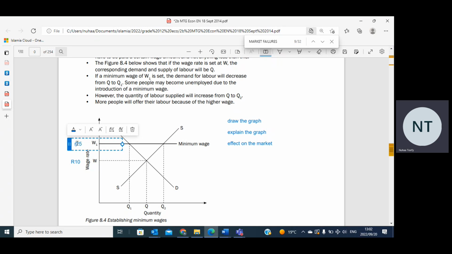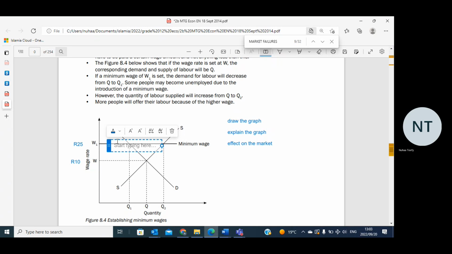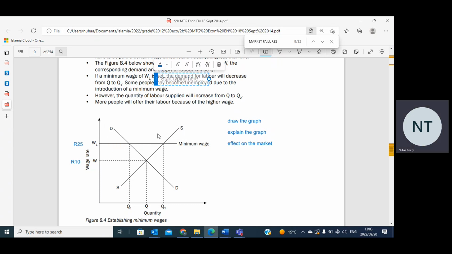Okay, please go and Google the minimum wage. I know it's a decimal, it's 22, 23 point something, so I'm just using a round number at 25. So go and Google the minimum wage, right? There we go. Once the minimum wage is put in, it is put above the equilibrium, right? The minimum wage is put above the equilibrium because the government says that is too low. Let's put it higher, right?